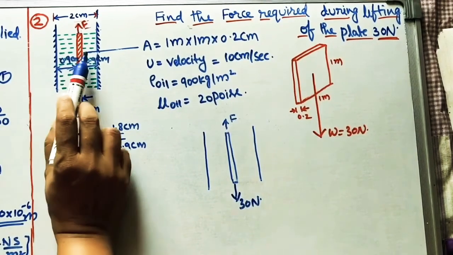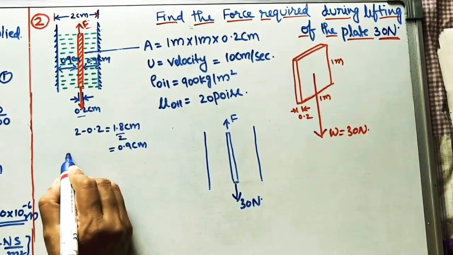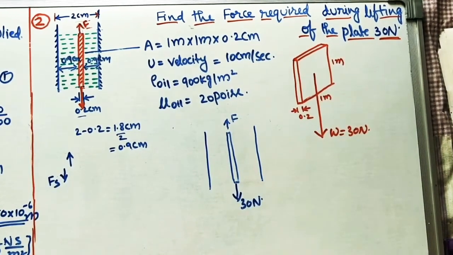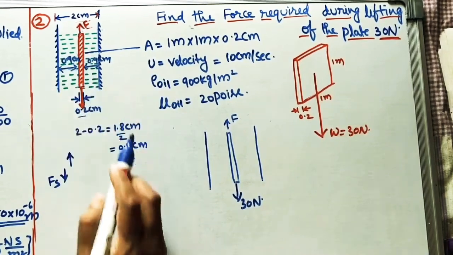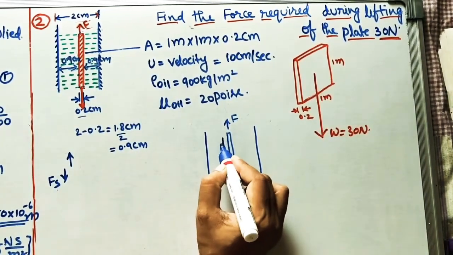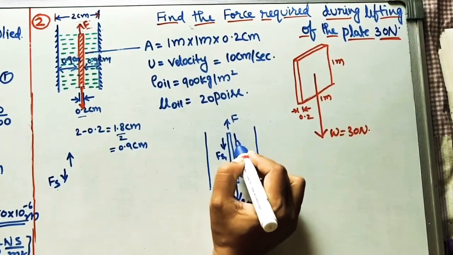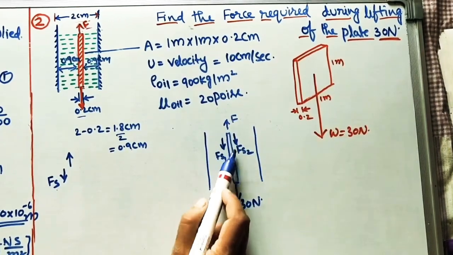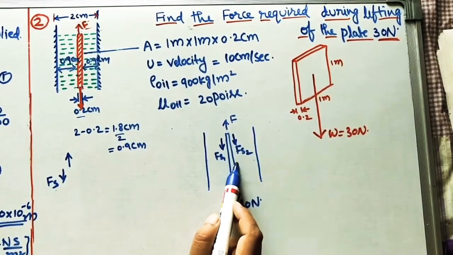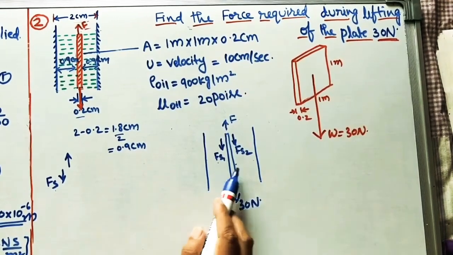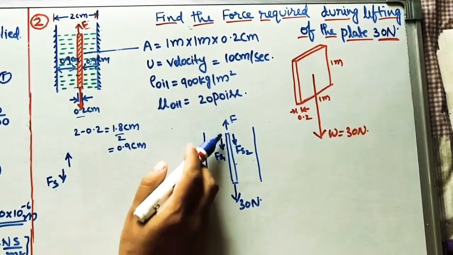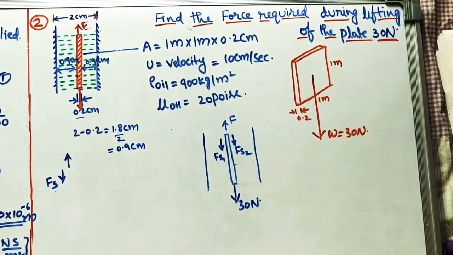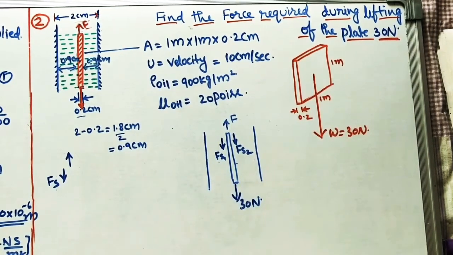And then it is surrounded by this oil, so because of it shear force is developed. If the object is moving in this direction, shear force is in the downward direction. It has two surfaces, this side and this side. So Fs1 on this side is acting downward, and this side is Fs2. Now here this is the same plate, and at the middle of this gap, Fs1 is equal to Fs2 because the oil is the same on both sides and the dimensions are the same on both sides. So we can take Fs1 equal to Fs2. Now these three forces are downward forces.